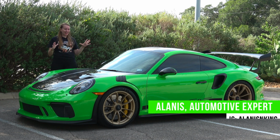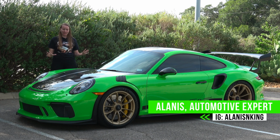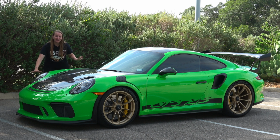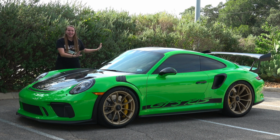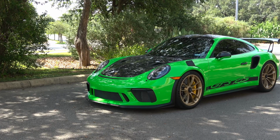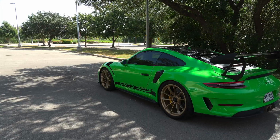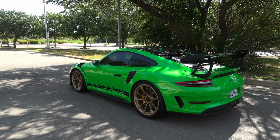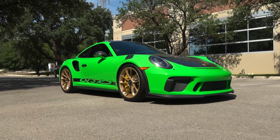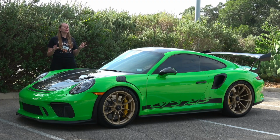My name is Alanis King, and this right here is a 2019 Porsche 911 GT3 RS. It is lizard green on the outside, lizard green on the inside, and it blows my little lizard brain. This car looks like a toy, but in fact, it's got 520 horsepower and a red line of 9,000 RPM. It is one of the most expensive and impressive factory 911s you can buy, and today we're gonna learn exactly